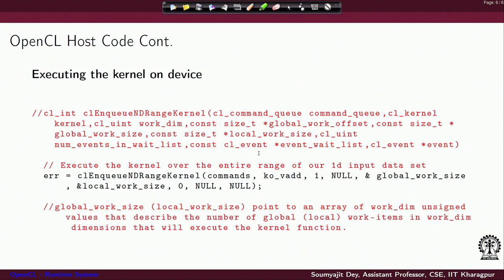So, again you have to enqueue the execution command for the kernel using clEnqueueNDRangeKernel. That is, you are enqueuing this execution command in the command queue for the kernel, that is the kernel object we have created earlier, and now you provide it with the global and local work size. Global work size was already known. We needed the generic code to figure out what is the local work size allowed for this device, right, because things can vary across devices.